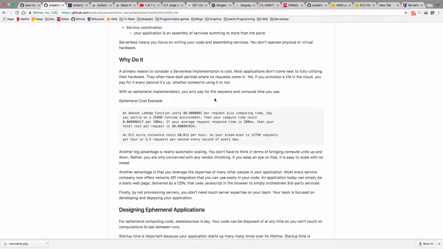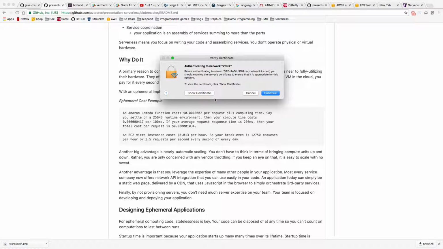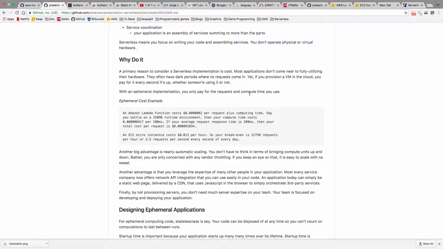So you set up your functions to run at some level that's measured in gigabytes, and that's actually the amount of RAM you get, or megabytes. That's the amount of RAM you get. But that also determines how fast it runs, I mean, what the power of your CPU is.